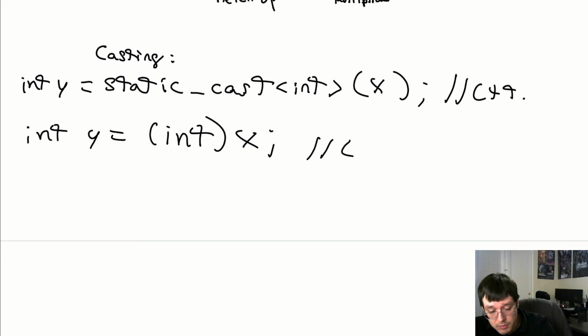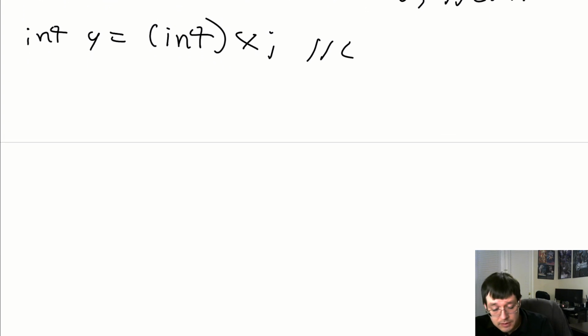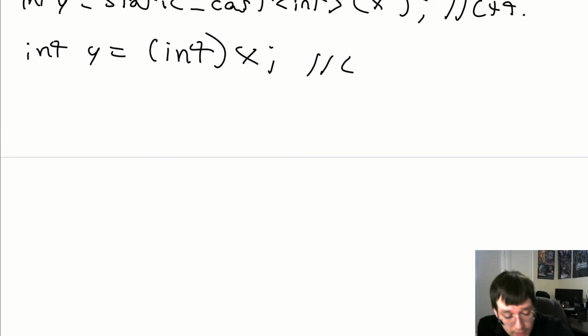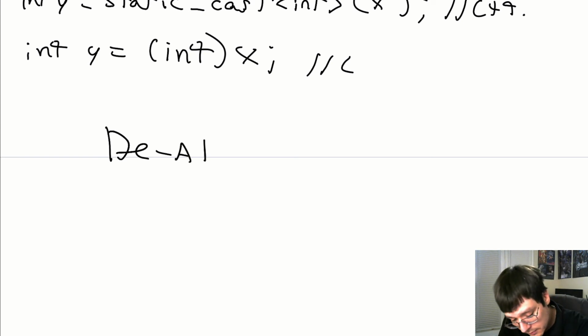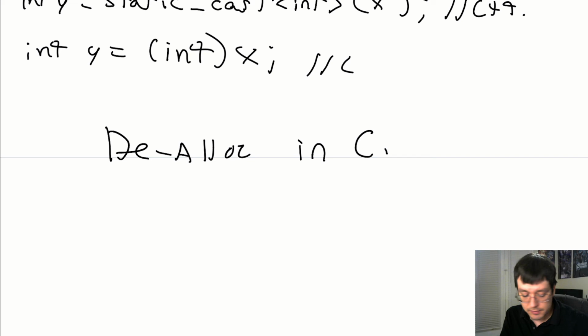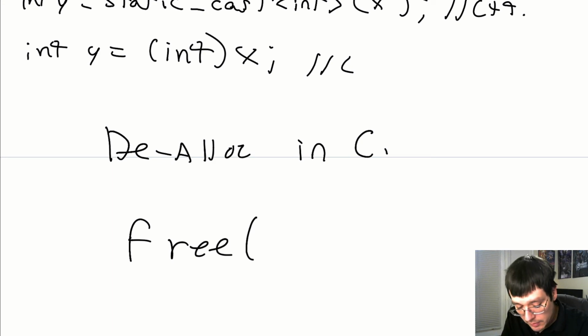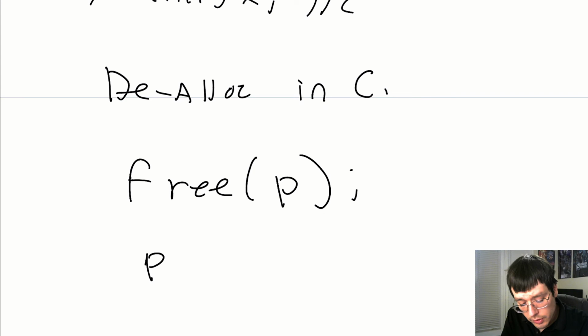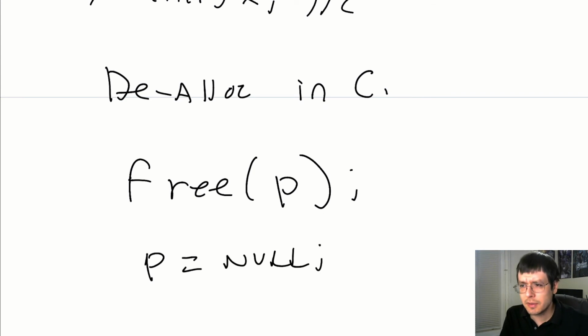And now we're going to move on to your deallocation. So when you want to deallocate in C, this one's really nice and simple. So don't worry if you're like, oh no, we're already running out of time. No, it's easy. You just use the word free and you pass in the pointer that you want to free, like P. And then of course, because you've got good manners, good hygiene of code,